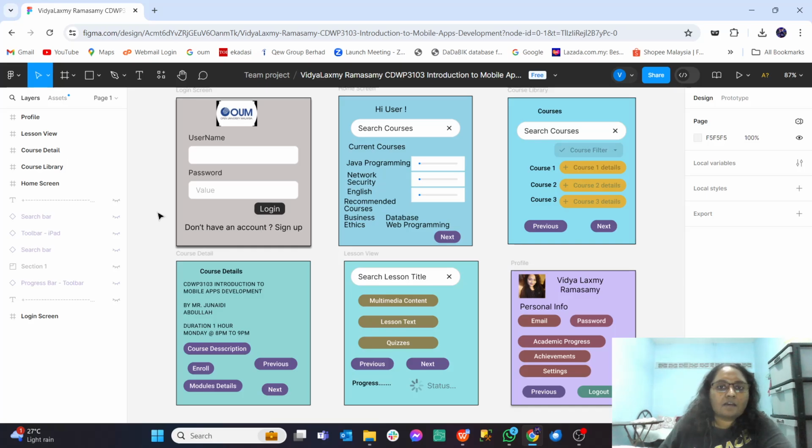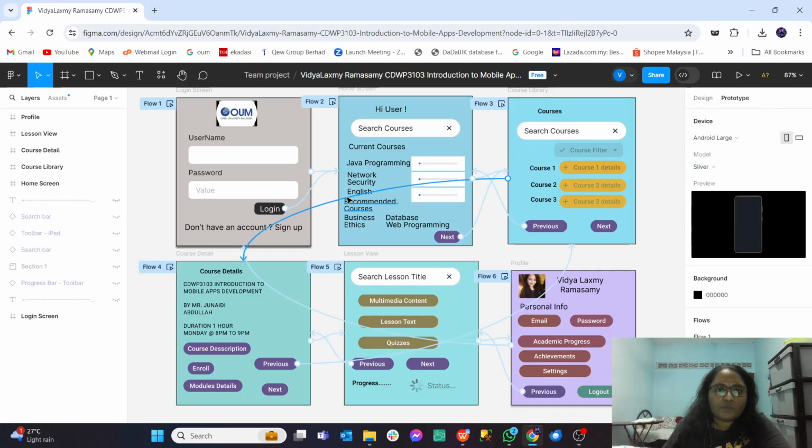These wireframes are for creating a mobile app with a learning platform. I have chosen a learning platform as a mobile app for my targeted users: students, lifelong learners, corporate employees, and tutors. Here are simple wireframes, and I have also created a prototype which links each of the interactive wireframes.